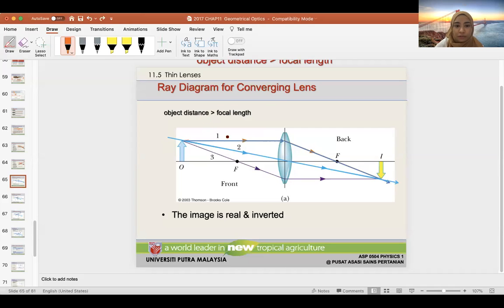Object distance greater than focal length. This is your first ray, parallel to the principal axis. This is my first one, and then it goes into my focal point. And then your second one, this is your second ray, goes into the center. This is where you intersect. Actually you already have the answer. But if you like, the third ray goes into the focal point. And then, is this necessary? If you don't have this intersection,